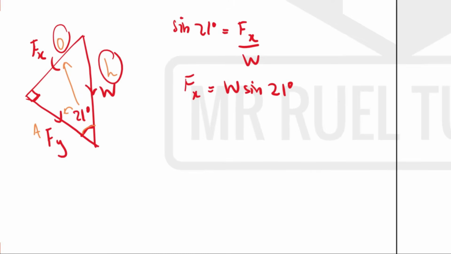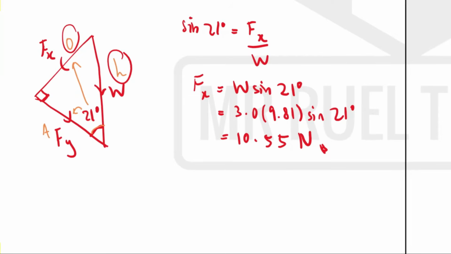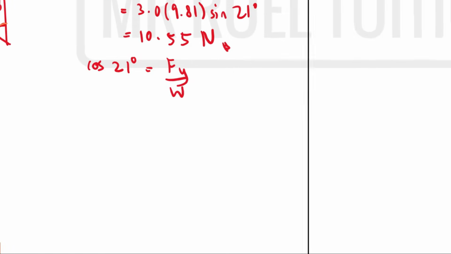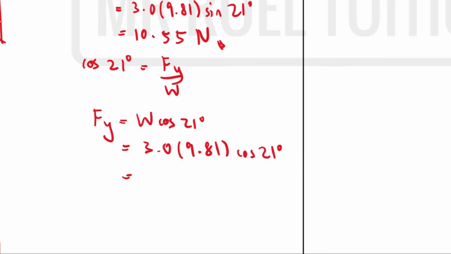So this will be mg, 3.0 times 9.81 times sine of 21 degrees, and the value here is 10.55 newtons. Let's look at Fy. Fy is the adjacent side, and so we are going to use adjacent over hypotenuse, which is cos. So cosine of 21 degrees equals Fy over W, and Fy will simply equal W cos 21 degrees. That is 3.0 times 9.81 times cosine of 21 degrees, and the answer is